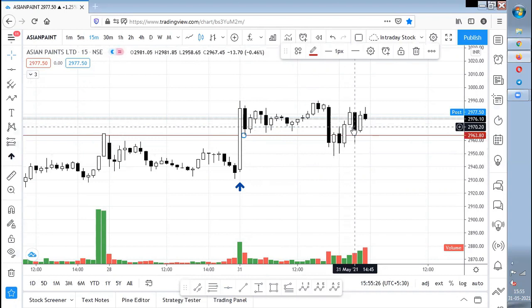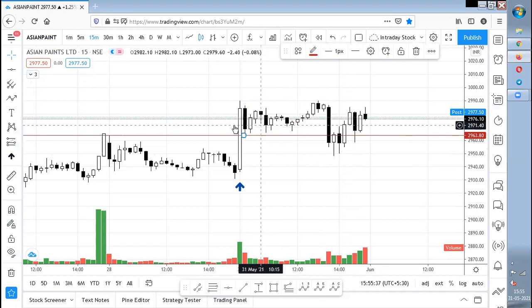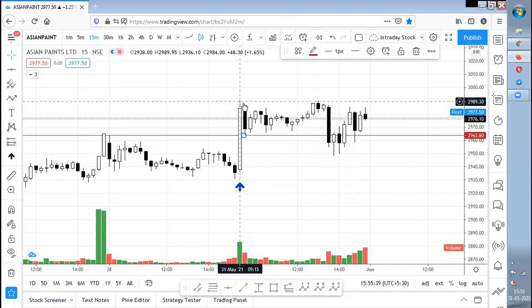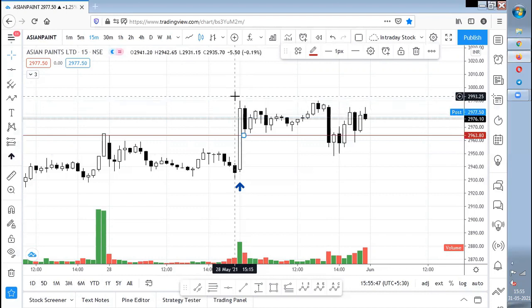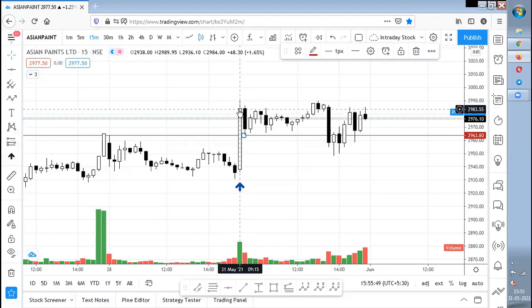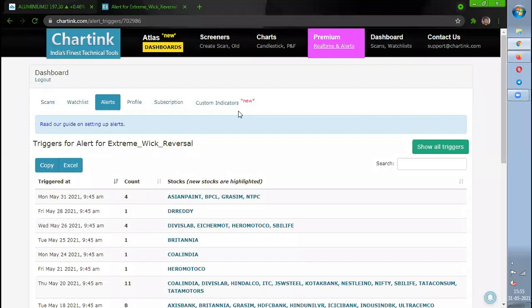So to me, this Asian Paints is not a loss trade. It's not a successful trade and not a failure trade. It just went sideways because none of my target or my stop loss got hit. So this is Asian Paints, and kindly consider this wick. This is not a good wick. I would say this is an okay wick. That is why I say, based on your experience, try to have a somewhat larger wick, as that will be helpful for your trade.